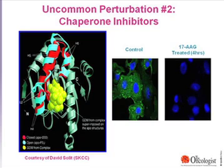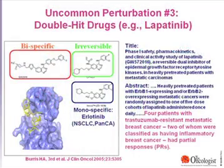Another uncommon perturbation, not yet a drug, experimental, are those chaperone inhibitors like geldanamycin or 17-AAG that bind to HSP90 and in turn cause degradation. For example, HER2 is degraded in the proteasome. This is taken from the work of Neal Rosen and David Solit. HER2 is degraded rapidly after treatment with those drugs. And another uncommon perturbation are those drugs that bind to the ATP binding site of the receptor, like erlotinib and some other drugs that